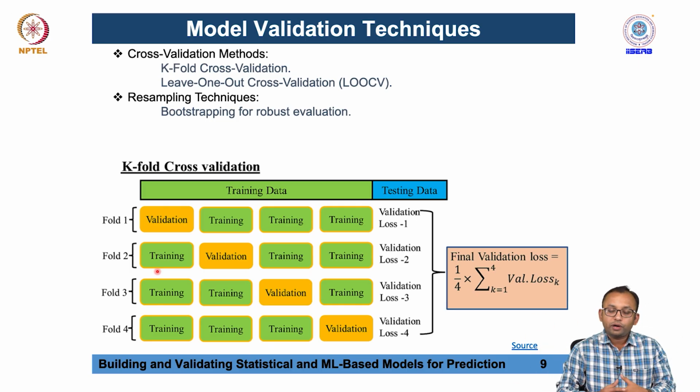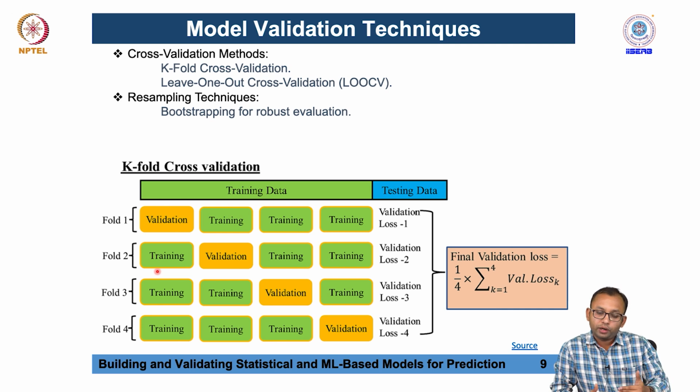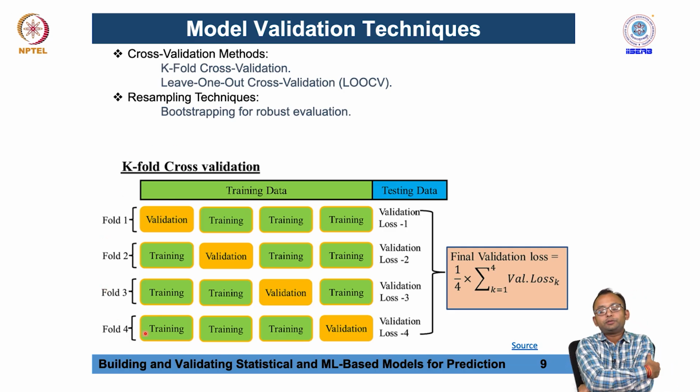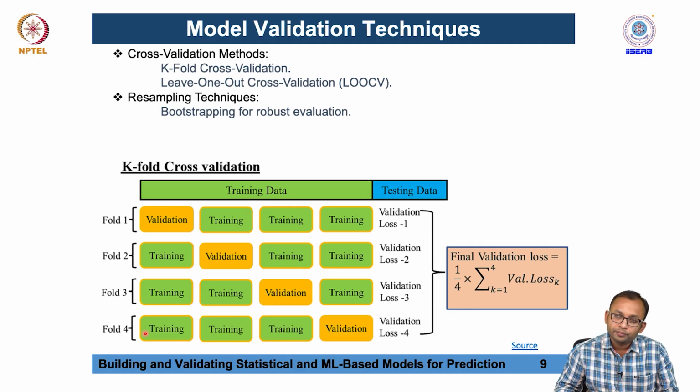So, in this way you have model 1, model 2, model 3 and model 4, and then at the end we take the average of the models, which is the mean behavior, or ensemble mean behavior, of all the models from this particular validation technique. This basically gives you a better insight. Let's say we have a small number of data samples, then these types of algorithms can give you a better insight into the validation process.